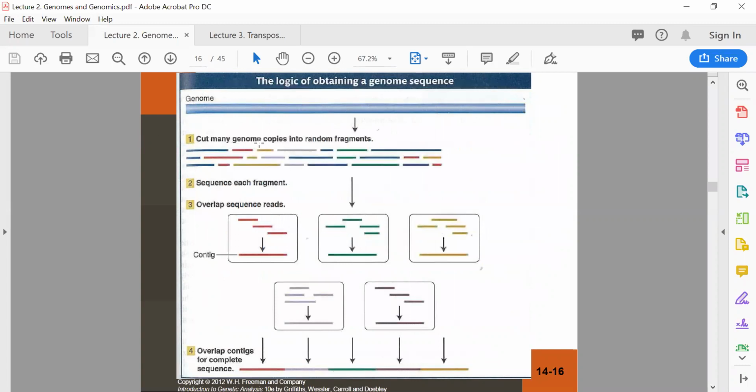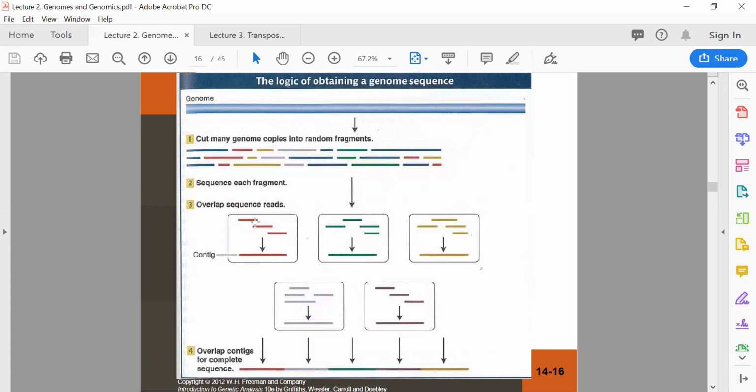All right, you would cut the genome copies into random fragments, as you can see here. Then you would sequence each of those small fragments at number 2. Number 3, you overlap those sequence reads. So, for example,